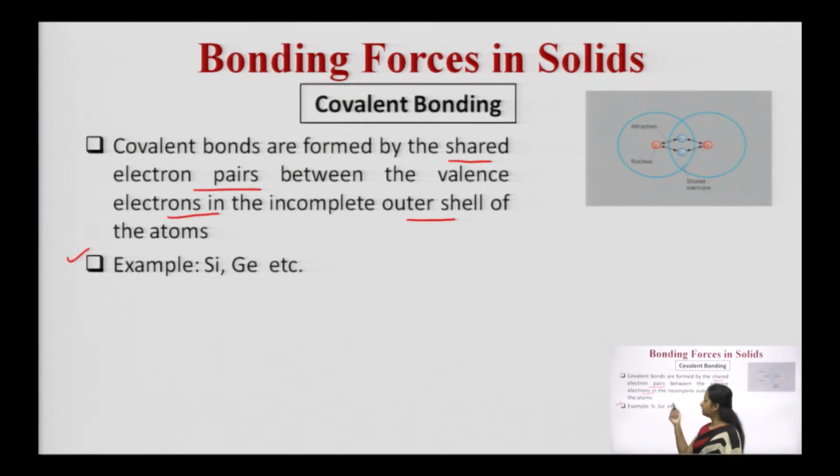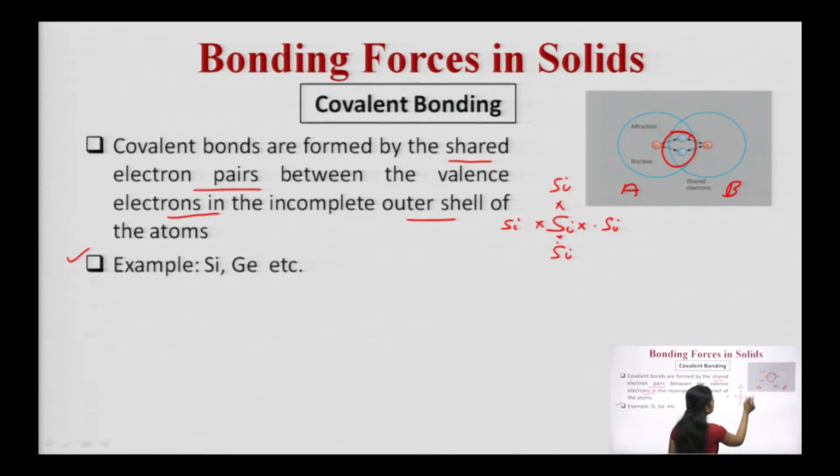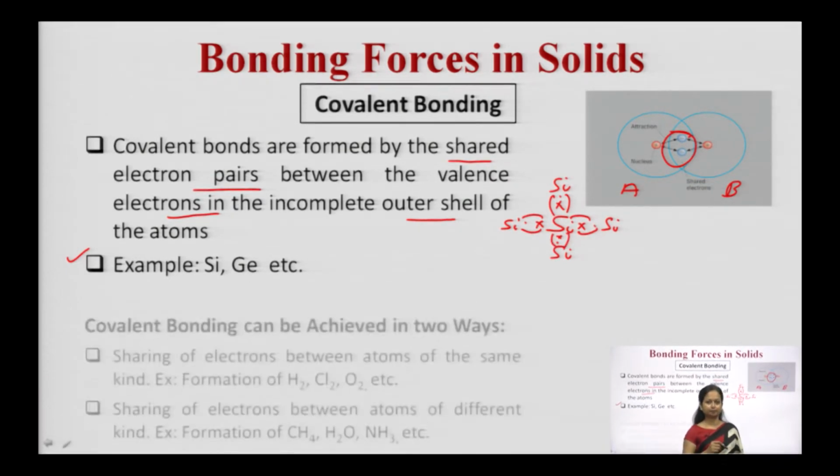If you recall, in this particular diagram it is shown that there are 2 elements A and B and both are forming a covalent bond by sharing electrons. But if you observe the case of silicon, which you studied in intrinsic semiconductors, a single silicon atom is surrounded by 4 silicon atoms. It has 4 electrons in the outermost orbit and the neighboring silicon atoms also have 4. So, by sharing 1 electron each, it will form a covalent bond and will have a stable structure over here.